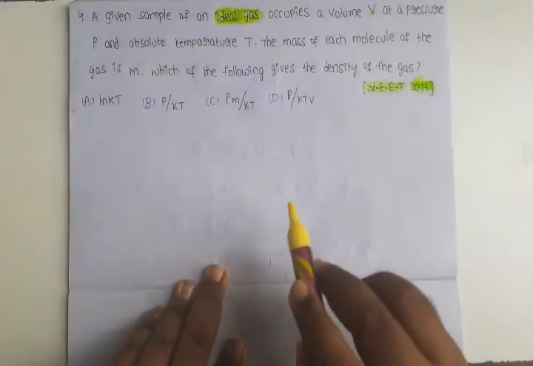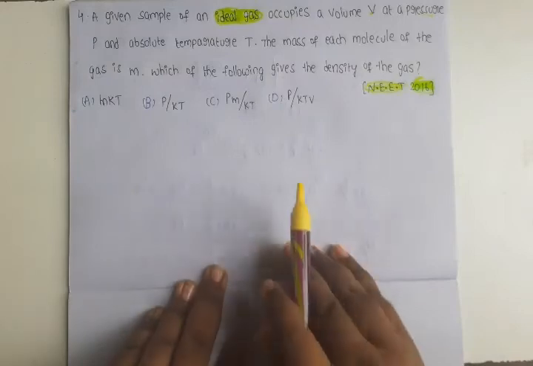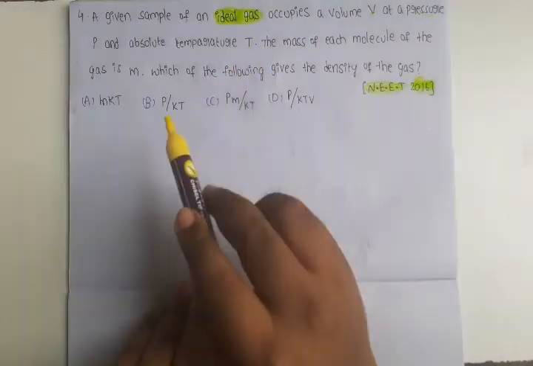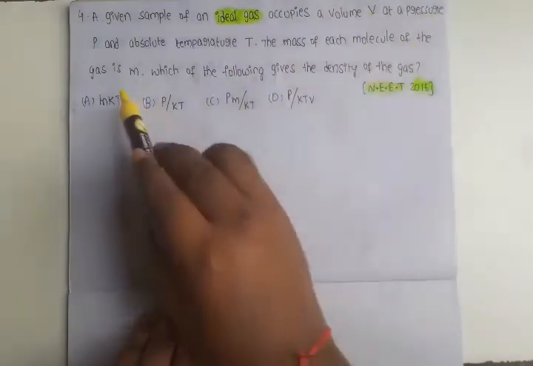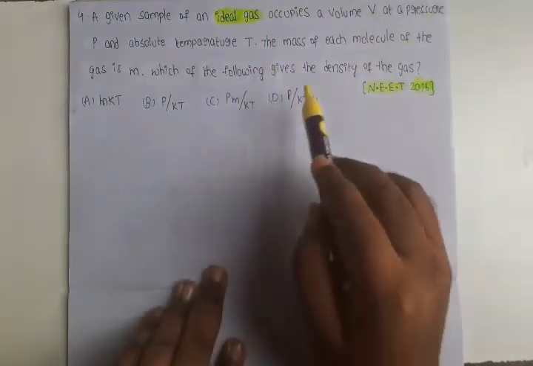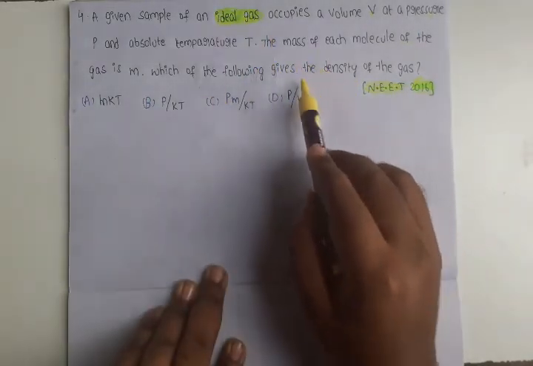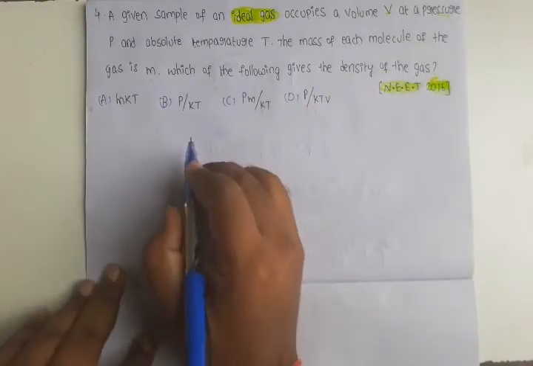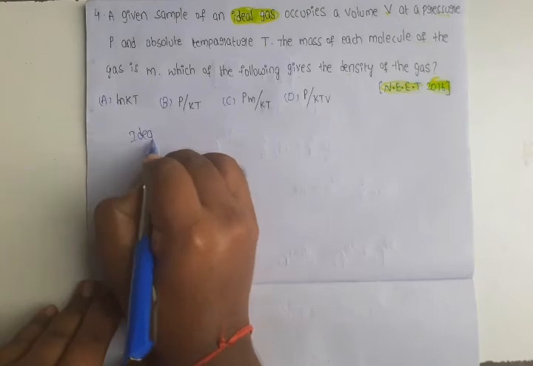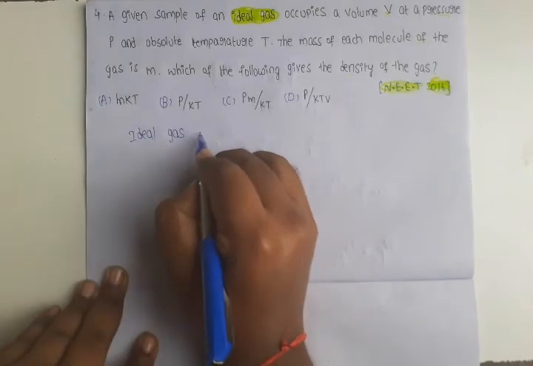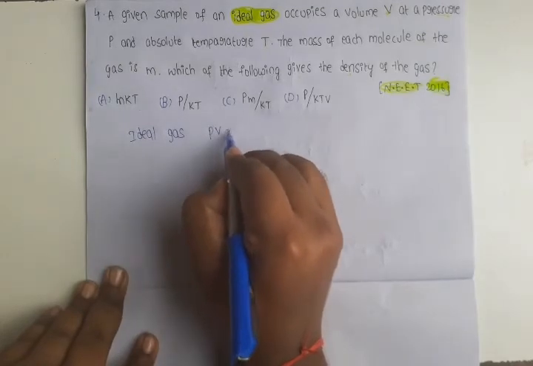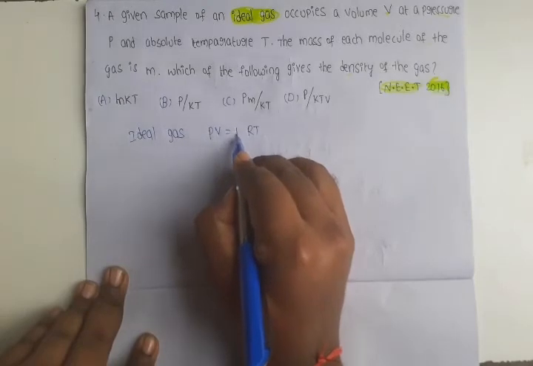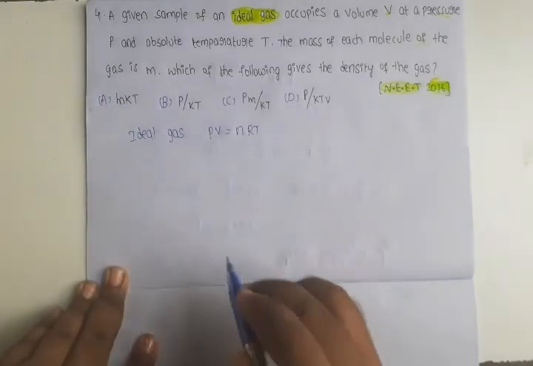Here an ideal gas is given, that is a sample gas. It contains volume V, pressure P, temperature T, and the mass of each molecule of the gas is m. So from this equation we convert into density. What is the formula of the ideal gas? PV equal to nRT, if you take n moles of gas, where n is the